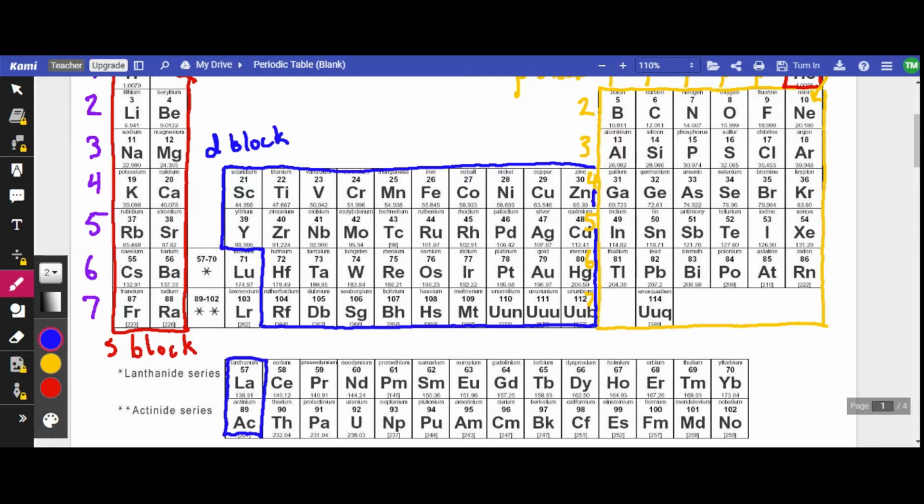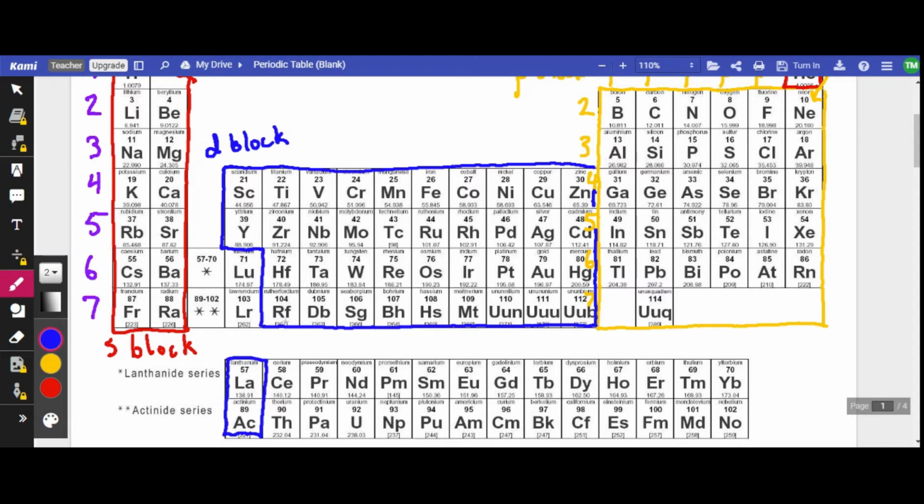Okay, so truthfully, this is kind of more what our D block looks like, and this part of the periodic table should be crammed up in between here. So the actual periodic table is a lot longer, but we don't use these elements a whole lot unless we're doing stuff with nuclear chemistry, so we just shove them out of the way. Okay, so this is our